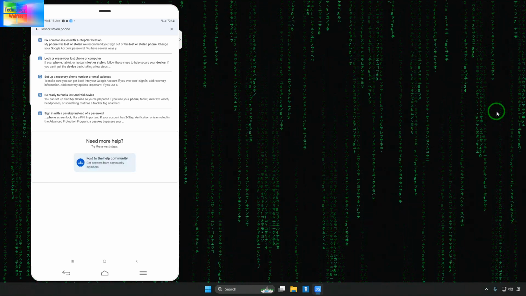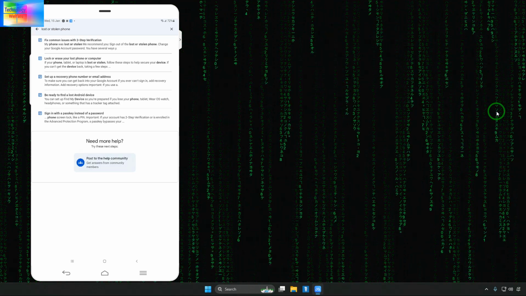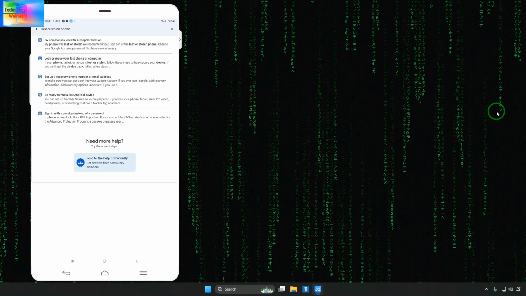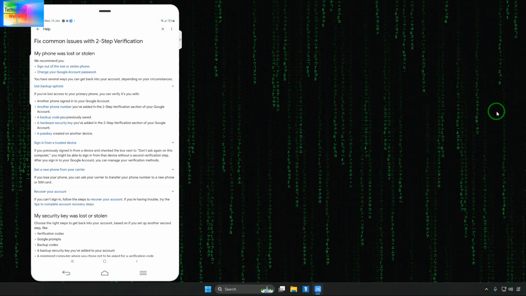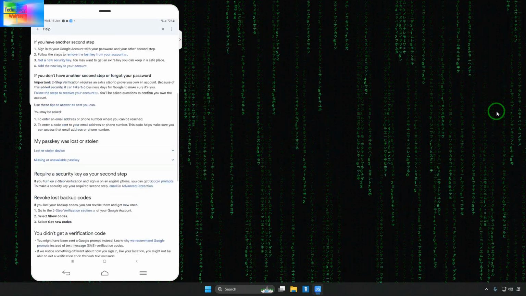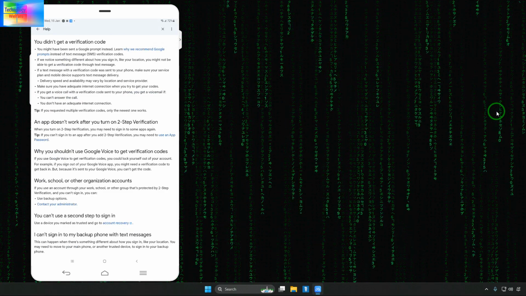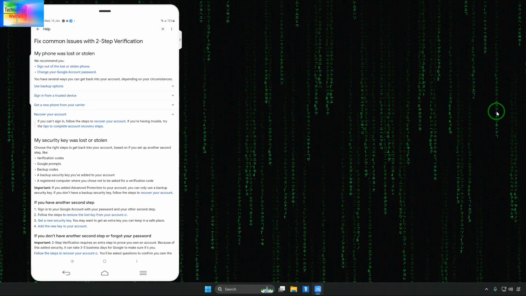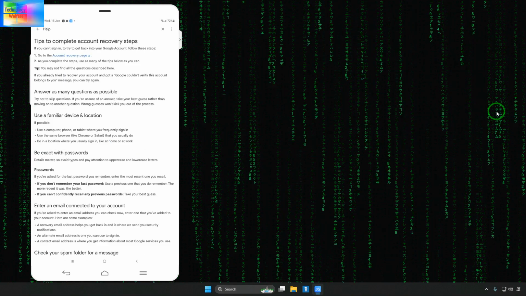It is not coming, so in that condition, see, lost, erase, etc. are coming. The set of recovery, especially number and email, these things are not coming. So we will go with the comments to fixes. Now see guys, here of course we have many more options. We will go for account recovery, and of course we will go for tips to complete the recovery, and here